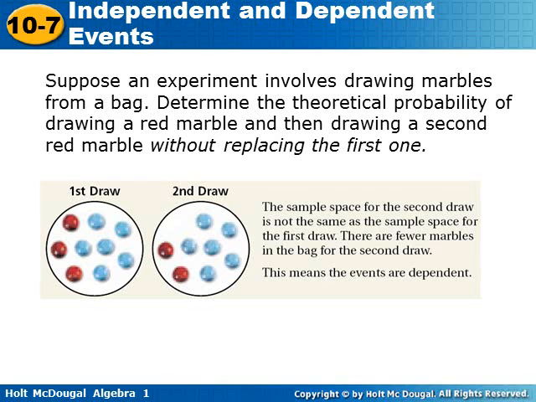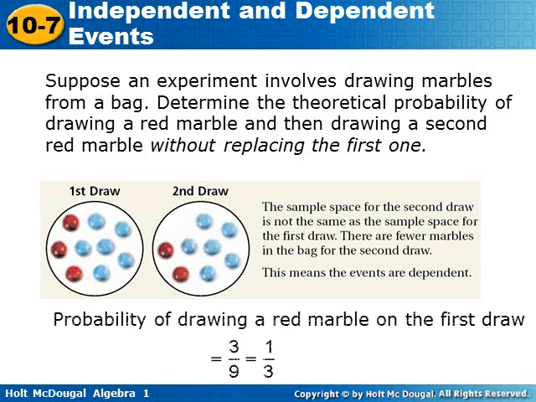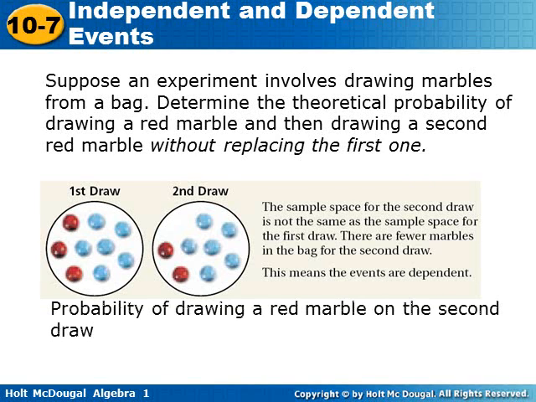and 6 blue marbles. The sample space for the second draw is not the same as the sample space for the first draw. There are fewer marbles in the bag for the second draw. This means the events are dependent. The probability of drawing a red marble on the first draw would be 3 out of the 9 marbles, or 1/3. The probability of drawing a red marble on the second draw would be 2 out of 8 marbles, which